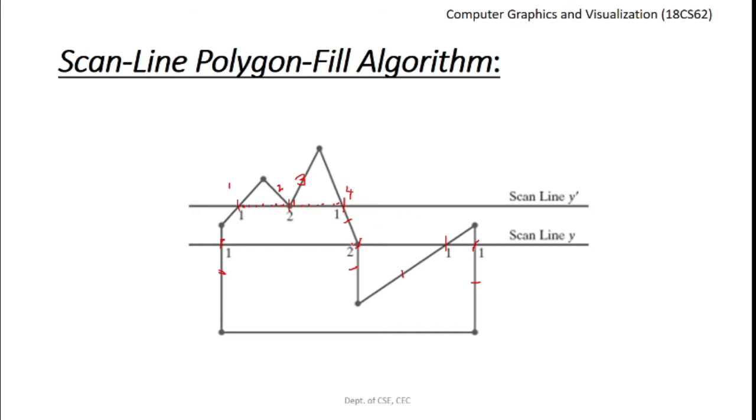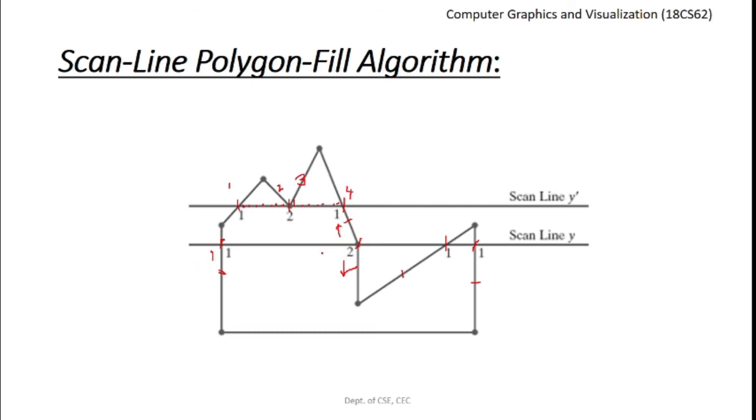In such a case, what rule we can follow is, whenever a scan line passes through a vertex of a polygon and the edges meeting at this particular vertex are in the opposite direction, as you can see, this edge is above the scan line Y and this edge is below the scan line Y. Do you observe that, right? So this edge is above and this edge is below. So whenever a scan line passes through a vertex position for a polygon and the edges meeting at that vertex are in the opposite direction, in such a scenario, we consider such an intersection as only one edge intersection, right? So we need to consider this as one intersection.